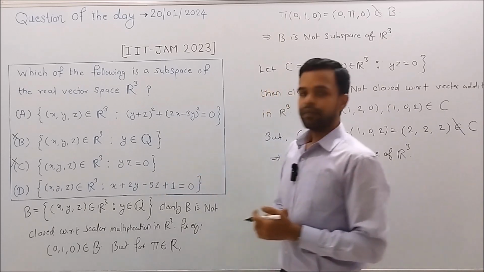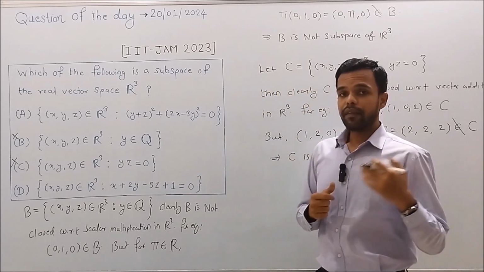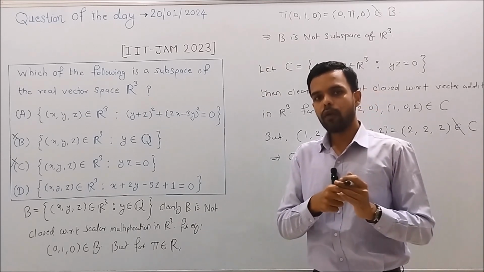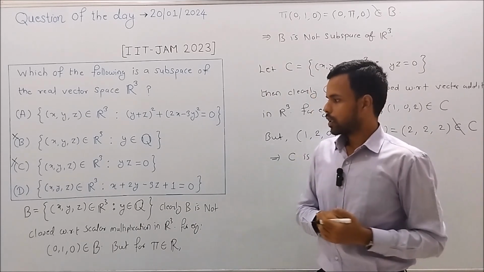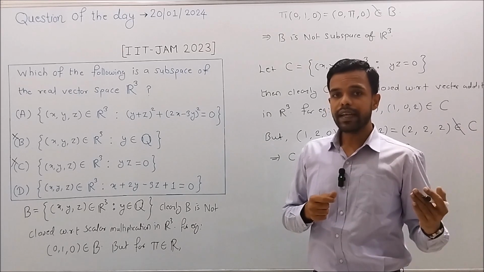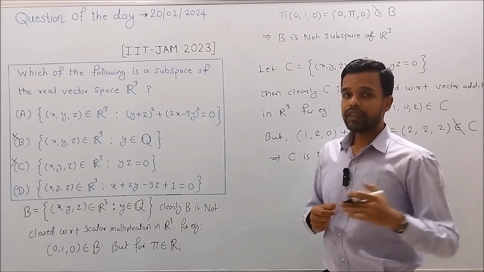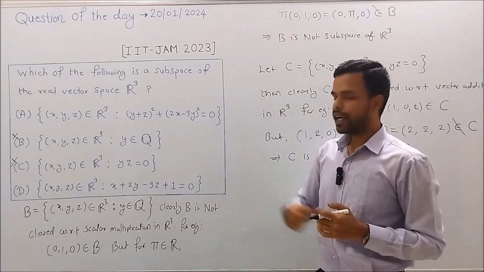Now let's verify option D first. A subspace is itself a vector space under the same binary operation as that of the vector space. So a subspace must contain the 0 element with respect to vector addition. And we know that the 0 element with respect to vector addition is